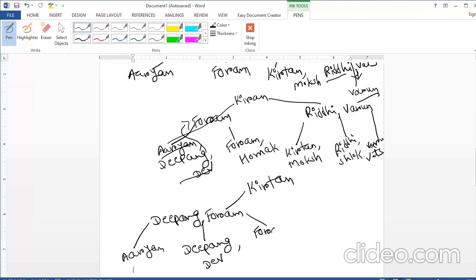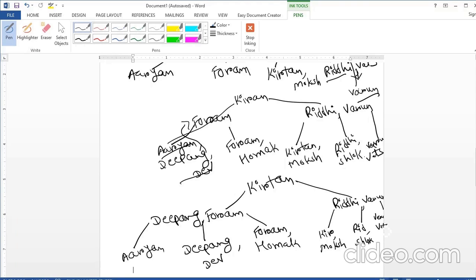This will remain as it is, and the right pointer will also remain as it is, but still I will write the values: Riddhi, Varun here, Kirtan, Moksh, Riddhi, Shlok, and here Varun and Vats.